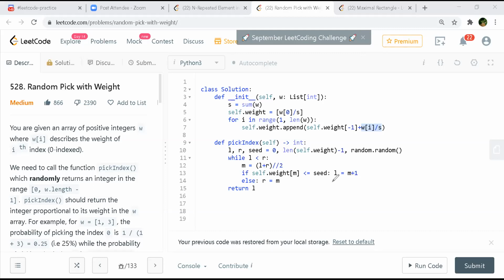If it is lesser, then we go to the right side. Else, we go to the left side. So you go to the left side when the seed is lesser than the weight. Okay, yeah, that is a little better.